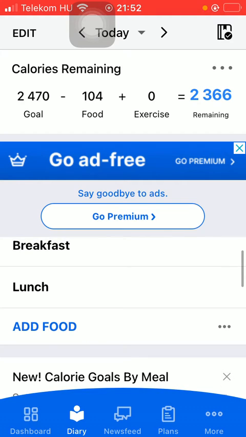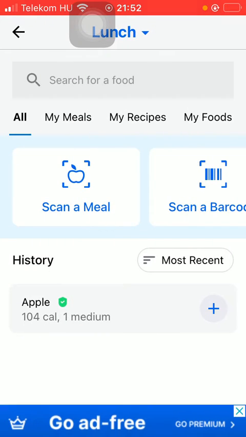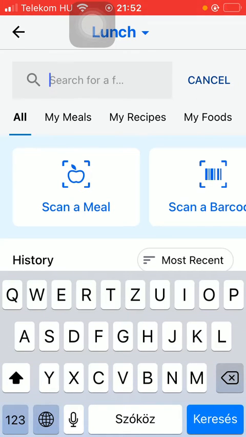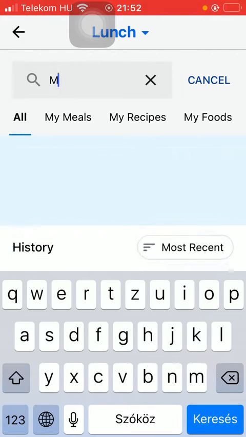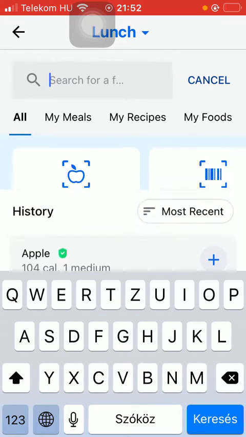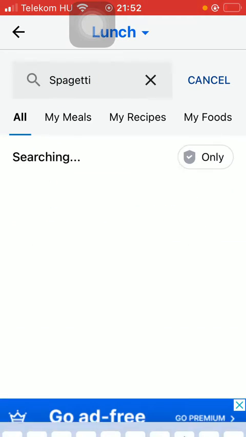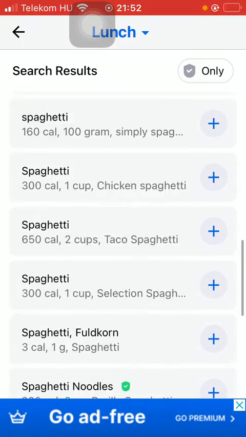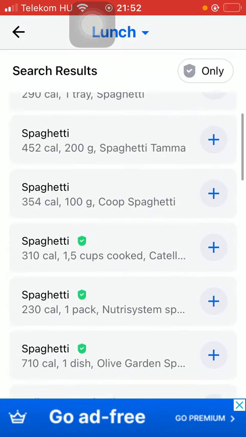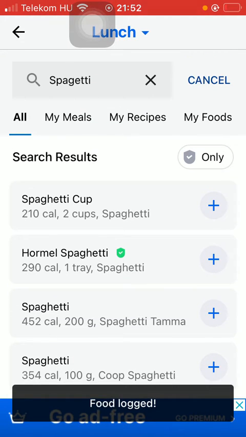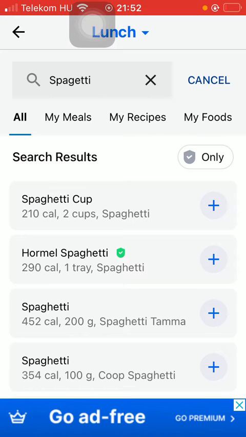So tap on the add food button. And after that, you should select a food. You can either type in the name of it into the search bar at the top. So type it in, and here you can search from the results. Tap on the plus icon if you have found the one that you have eaten, and